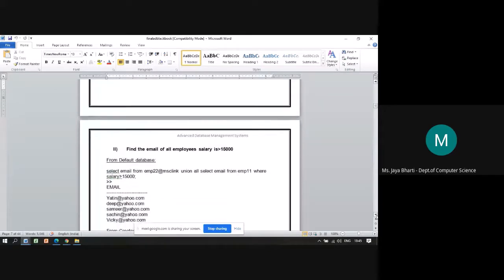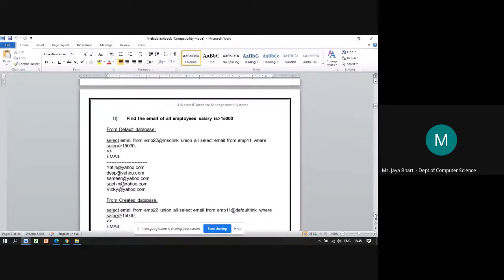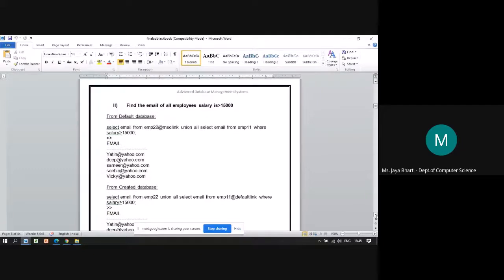The next query is find the email of all employees whose salary is greater than 15,000. Here they are operating first on the default database.